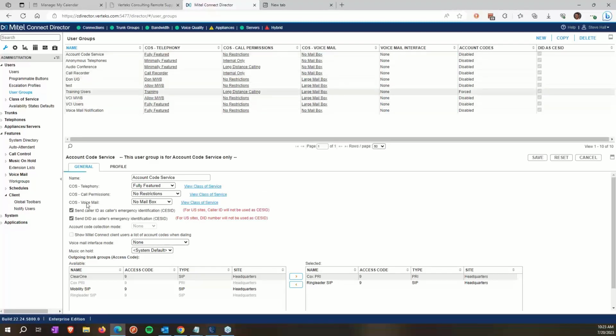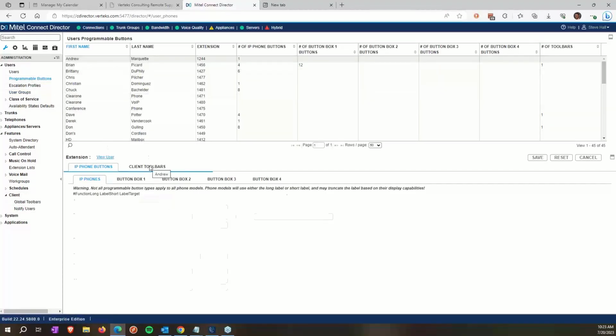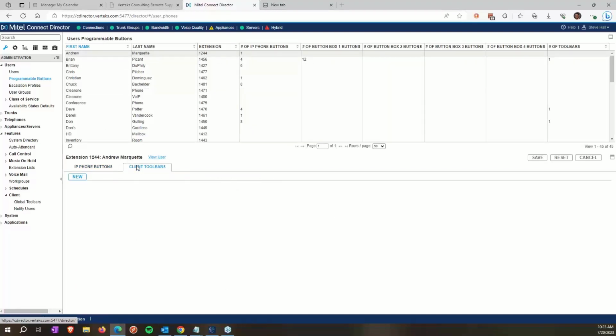So in this case, I'll go to our training users, for example, and we're going to go to our profile tab. And here's toolbars, and I have a selection of all of those global toolbars we were just looking at. And I can choose which global toolbars or which global toolbar button choices I want to give to the users in this training users user group. And then once we have that set, like I said, either global toolbars that we assign to a user group or programmable button client toolbars that we give to a specific user,